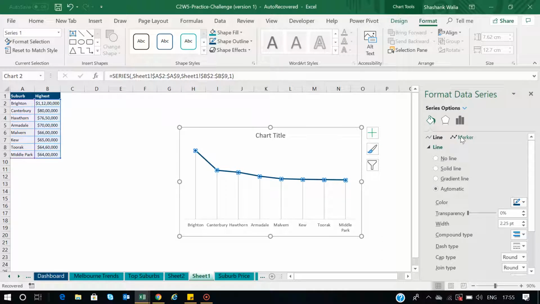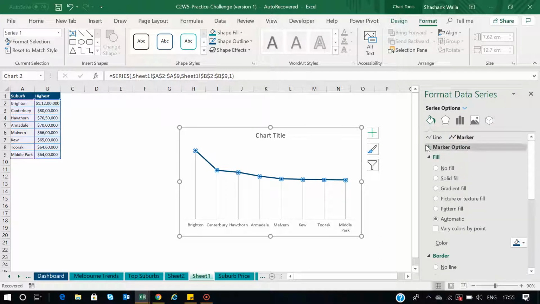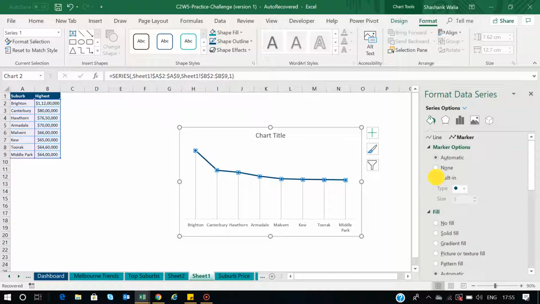So I will go to the marker option and then expand this marker option and then go to the built-in option. And now it has automatically selected this circle, so I will keep it selected and then I will increase the size from 15 to maybe 20, right?